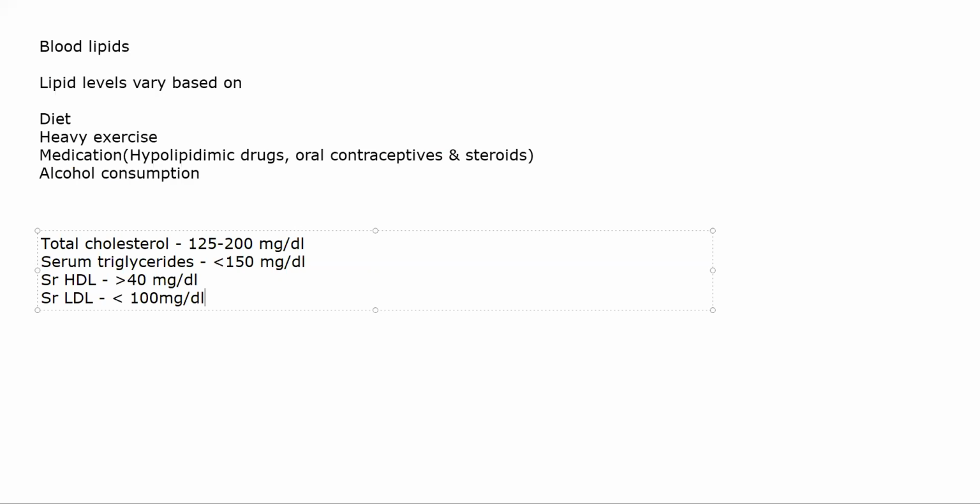LDL does the opposite. It will take whatever fat is being formed, specifically cholesterol that is being formed in your liver, to various parts of the body. Now, even if LDL is normal, let's suppose HDL is going down, that can also be problematic because the relative amount of cholesterol present in your blood will start increasing. Okay, LDL is performing its function normally. If HDL is not present and it's not functioning properly, it will ultimately lead to a steep increase in cholesterol levels.